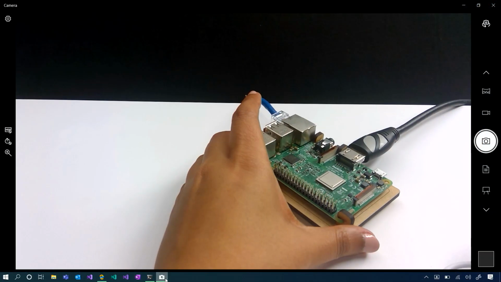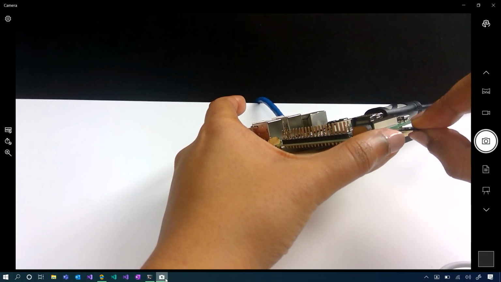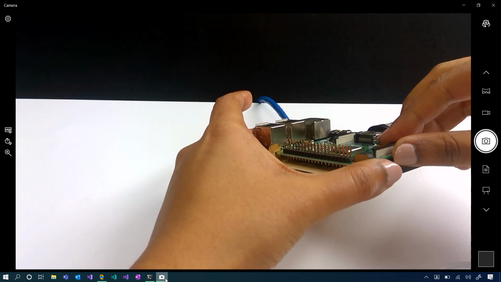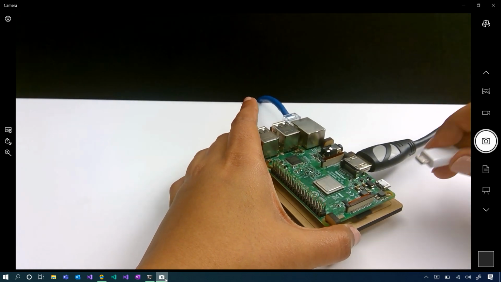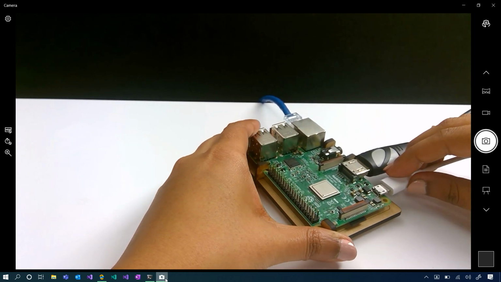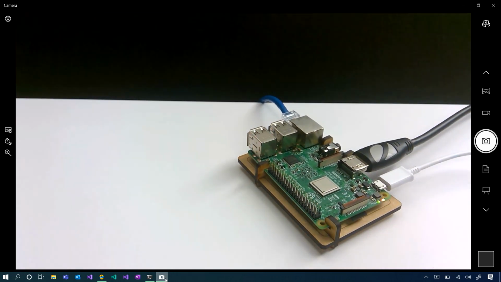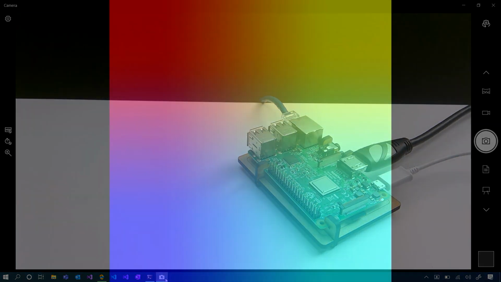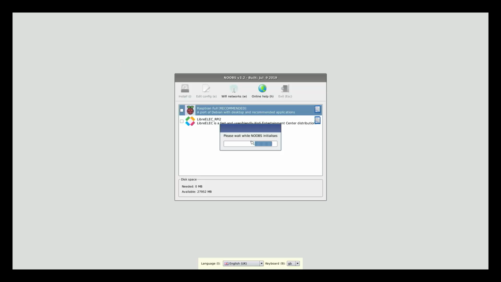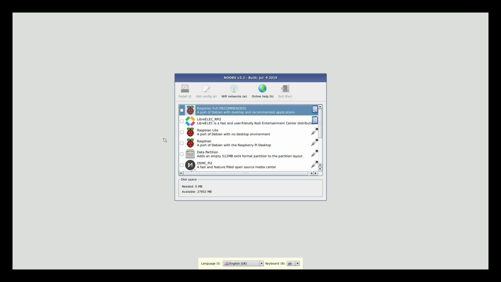So let me move over to my Raspberry Pi, slip in the SD card, and kick off an installation. So I'm going to insert my SD card, then grab my micro USB power source, plug it in. And if you can see on our display right now, the initial loading screen has come up. So this is the main install screen. We will select Raspbian as our operating system and hit install.